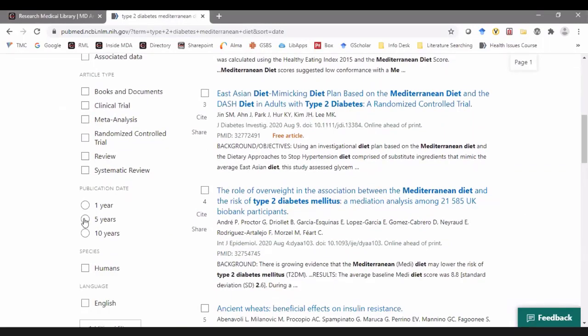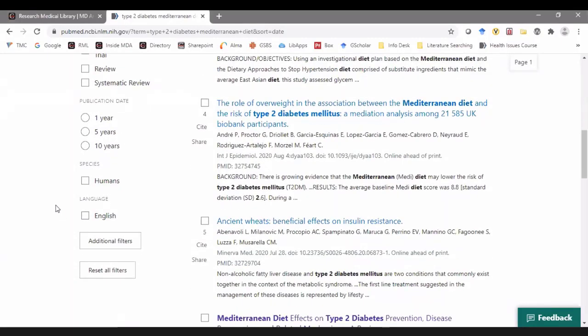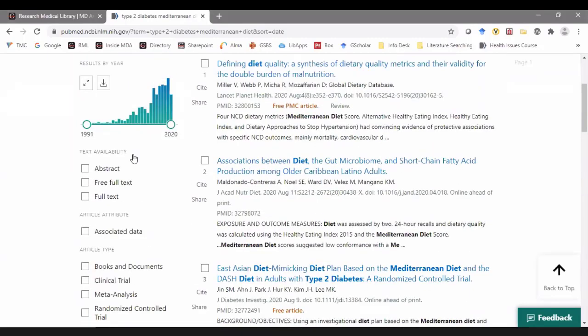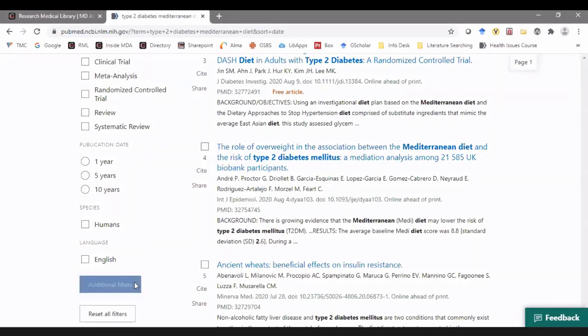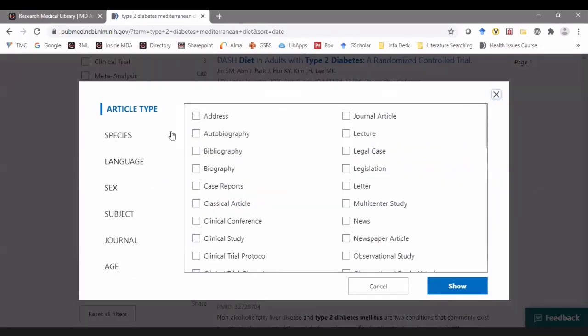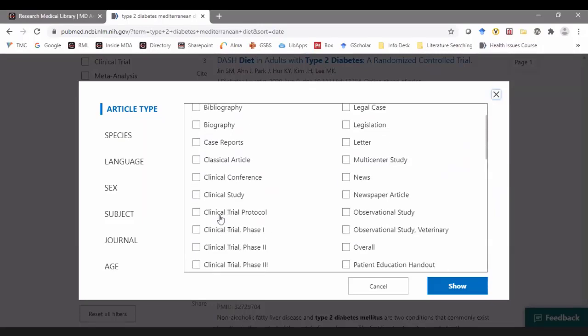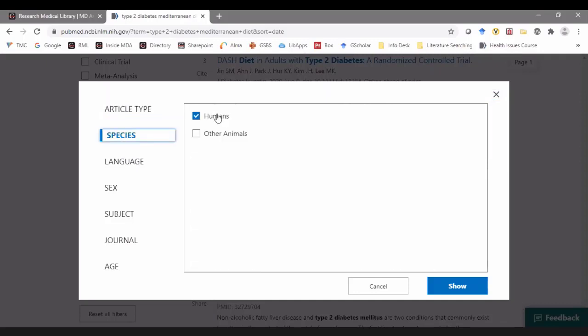For instance, if we only wanted to show the last 5 years, we can say we want to limit our results to just humans. Oftentimes people want to look at just specifically English articles. There are additional filters you can choose. You click here, additional filters, and you can limit your results just to clinical trial protocols or abstracts, clinical conferences. The species, this is where you can say, I want to use this human filter to just weed out the animal studies. Language,